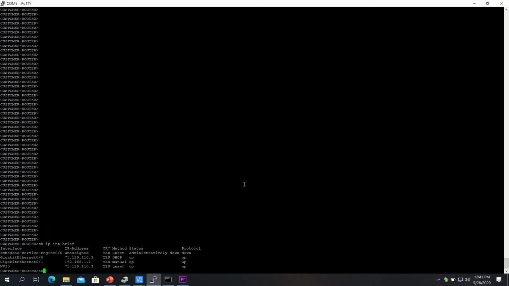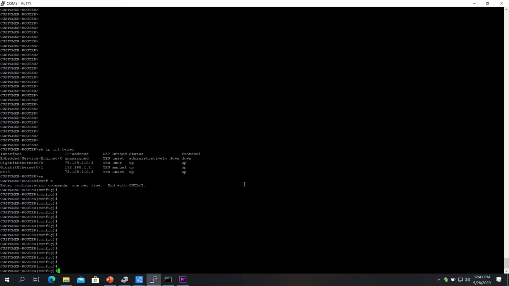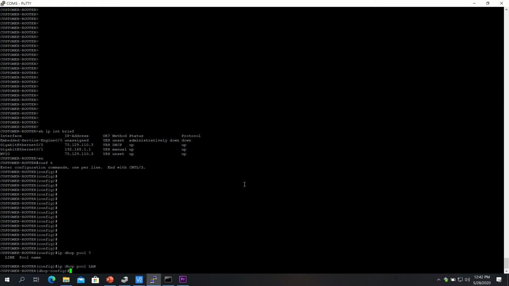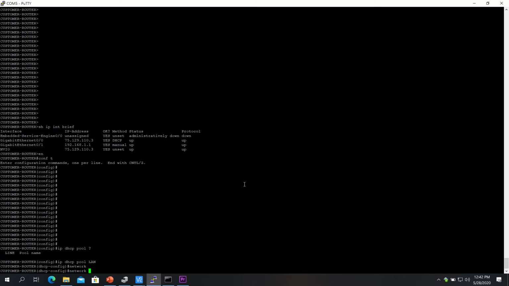So we're going to start by going into enable mode and then global config. And you want to type ip dhcp pool and then a name. For this one, we're going to type LAN. The next command is network, and then the network that you wish to assign addresses from for your DHCP pool. So again, in this case, we're 192.168.1.0 and /24. Now, you don't have to put the /24 if you are using a Class C address like we are in this example, but say that this was a /27 or something like that, where you would want to define the subnet for this network. You would define that here. So we go network 192.168.1.0/24,